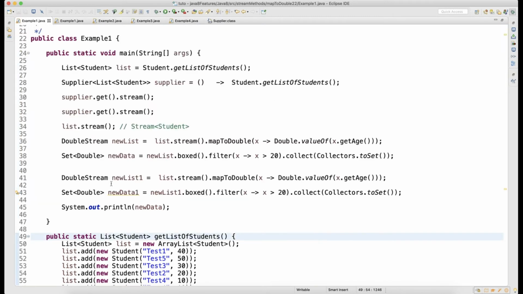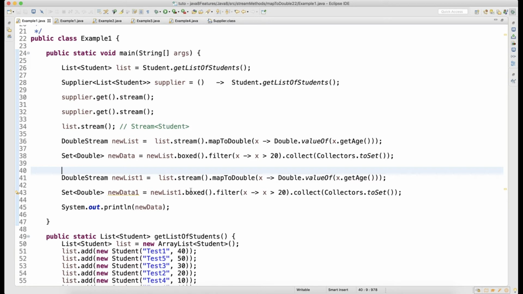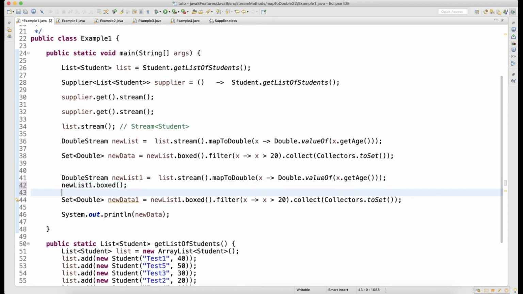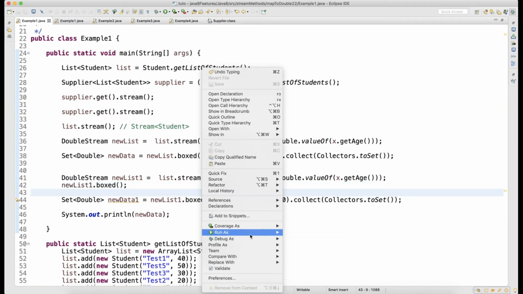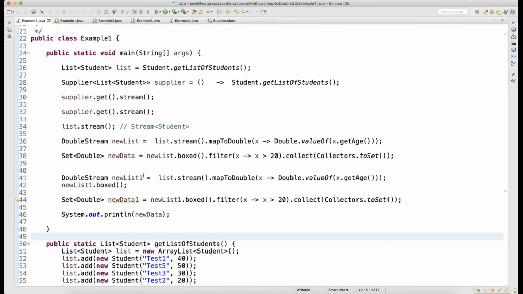It is getting processed, and the second time I'm not printing it. So this is also getting printed. So guys, one learning I also got here, which I had a doubt about: when I create a fresh variable altogether, then I don't have any issue. But whatever box I am calling here, if I take this out and call it here before calling this, then it will give you a "stream is already processed" error, because you are trying to perform operations on the closed stream. So that's how it is.